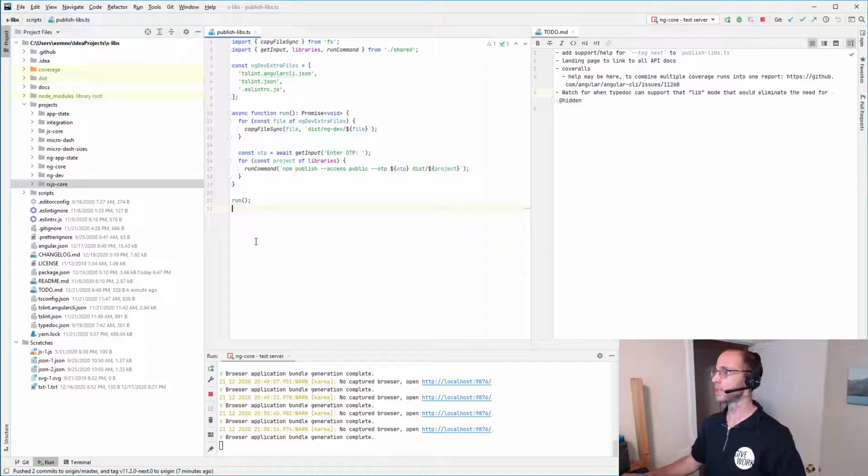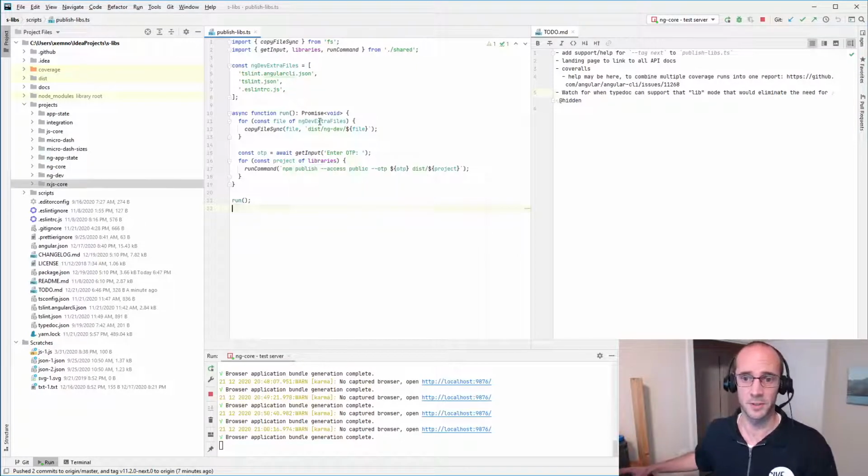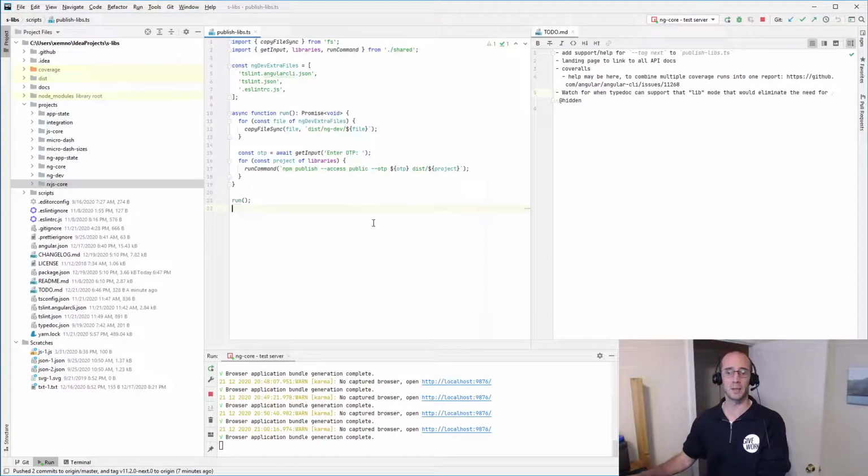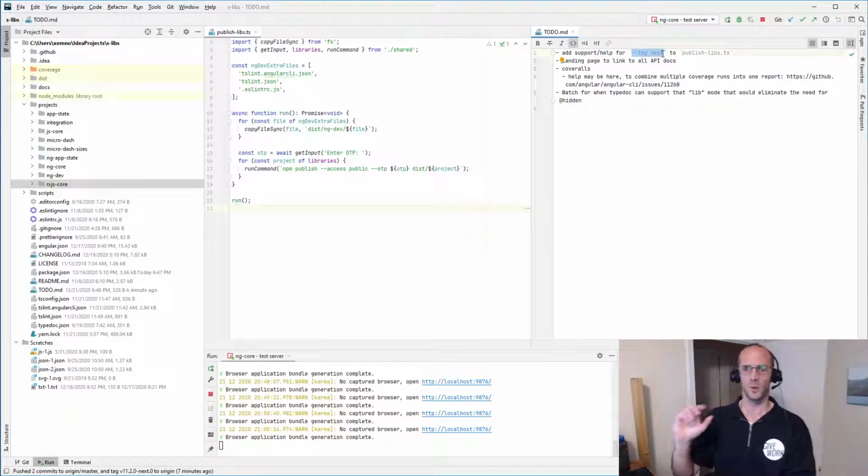And so the goal today is to add a couple new features to this little script just to make my life easier in the future. And I've got here a little to-do list. I want to add support for doing a next tag. So that's when I release,